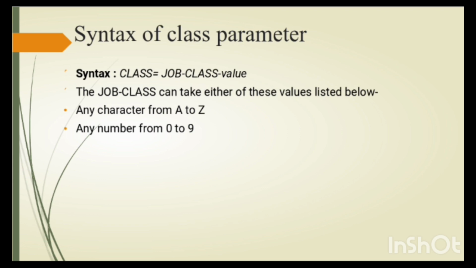Means the job class affects the job processing in this way: when the job is submitted it is placed in an input queue where it waits to be executed. A queue can be thought of as waiting in line for jobs. Each job class has its own input queue. Jobs wait in the input queue until they are selected by an initiator to be processed.